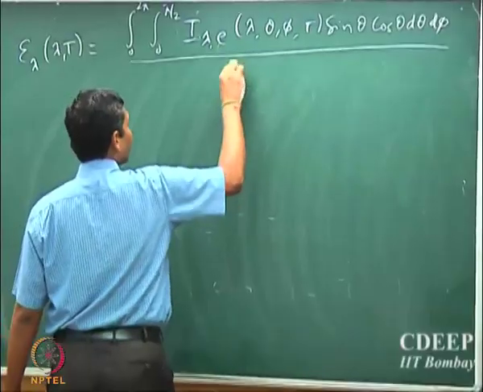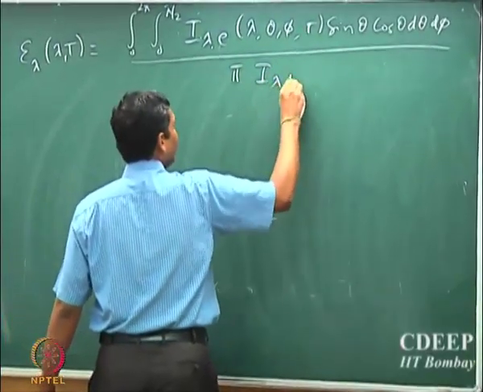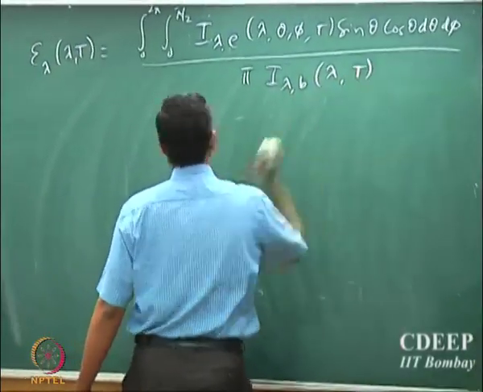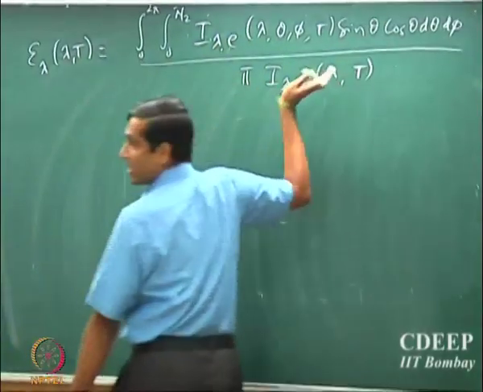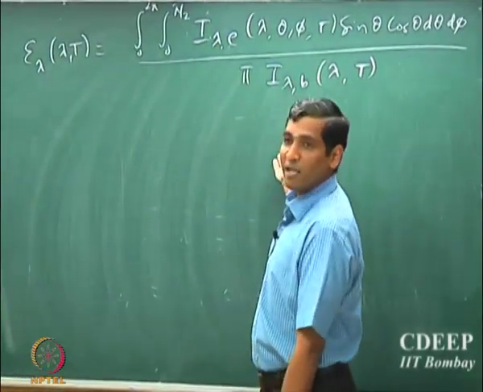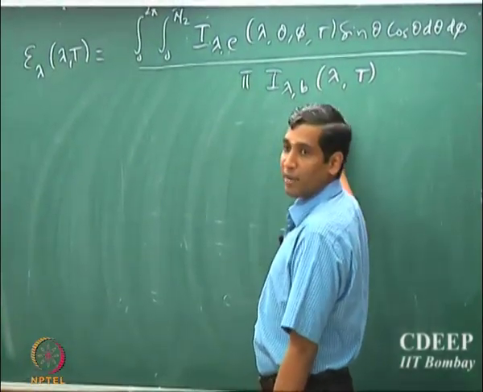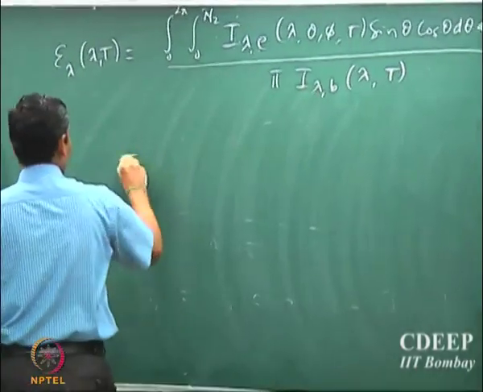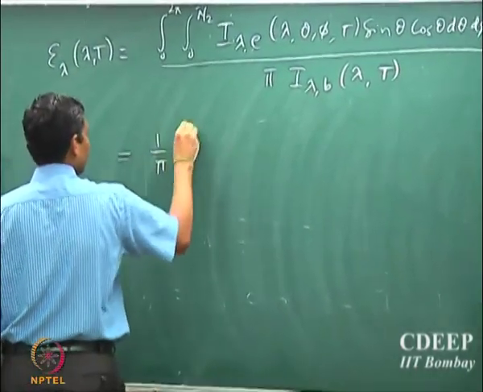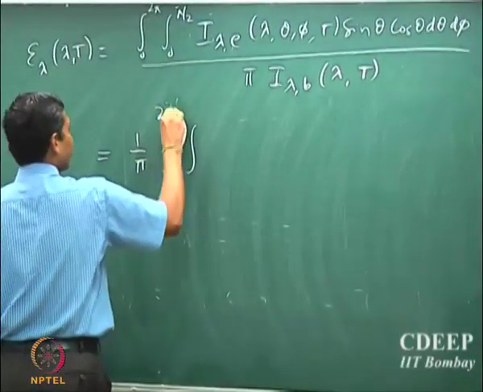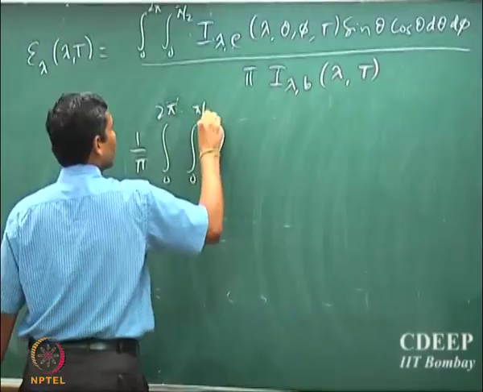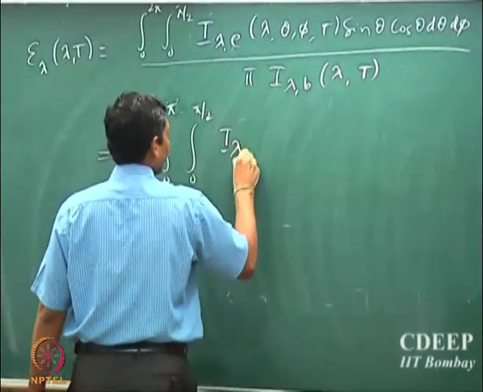Same, so it is nothing but pi I lambda b of lambda t. Okay. So we know that a blackbody is a diffuse emitter, therefore I can simply integrate the sin theta cos theta and that will lead to a pi, there will be pi into I lambda comma b. Okay. So that is 1 by pi integral 0 to pi by 2, 2 pi 0 to pi by 2 I lambda e